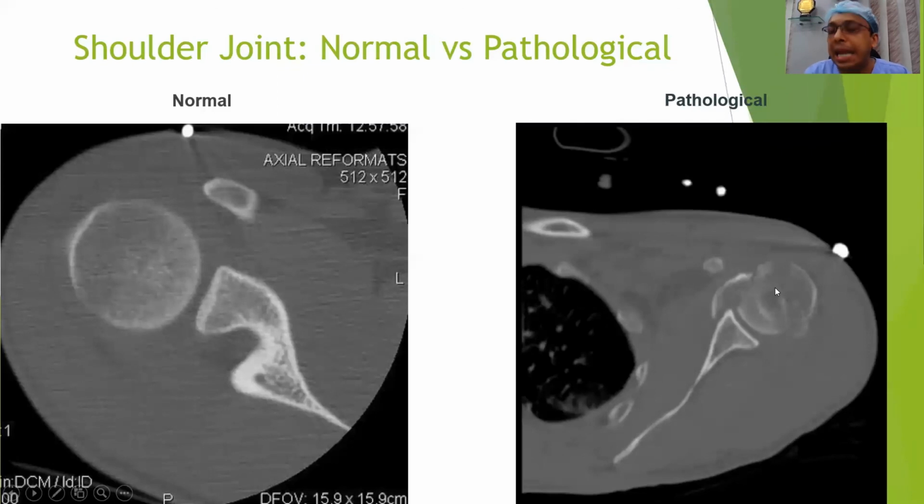This is from an individual in a road traffic accident, that is an accident in a car. Somehow that individual was driving, and then there was an accident, and somehow the right shoulder, okay, sorry, not the right, left shoulder. Right is obviously the patient's left shoulder. So let me orient you first. That probably would be better.